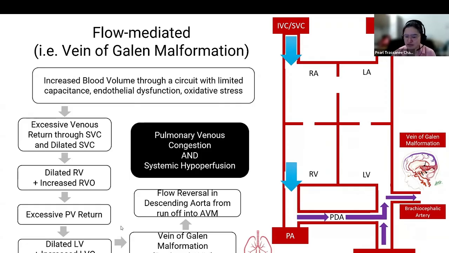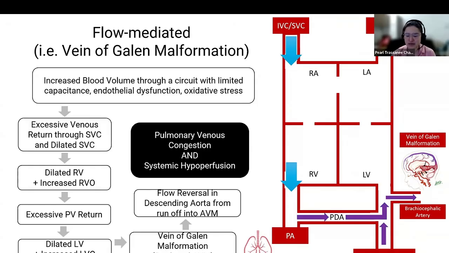Massive venous return through the SVC causes dilation of the SVC and right atrium, leading to a volume-loaded right ventricle with increased right ventricular output. That increased right ventricular output is delivered to the pulmonary circulation, producing excessive pulmonary blood flow,